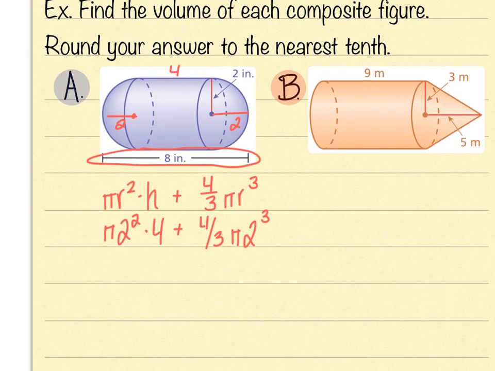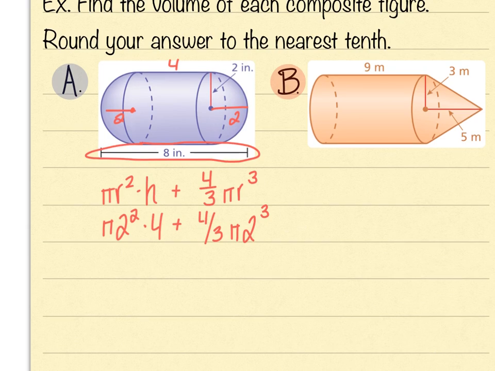And now we can solve this. 2 squared is 4. 4 times 4 is 16, so this is 16 pi. 2 to the third power is 8, so this is 8. And then we're going to times that by 4 and divide it by 3. So remember, 4/3. To multiply by 4/3, we do 8 times 4 equals, divide by 3 equals, and that's going to give us 10.6 repeating